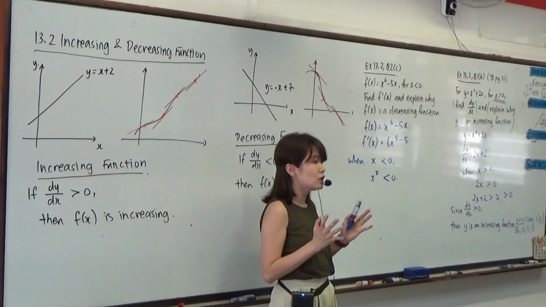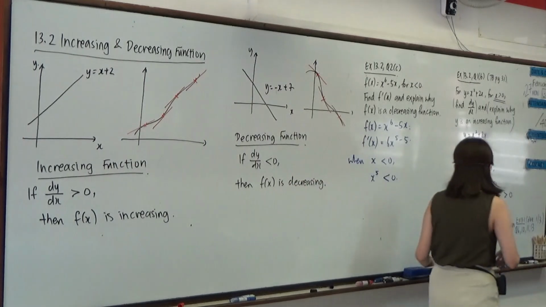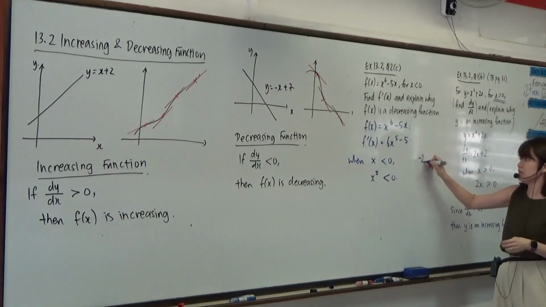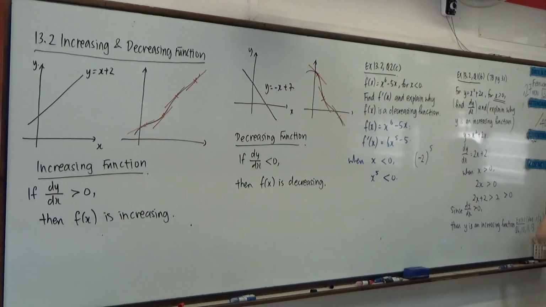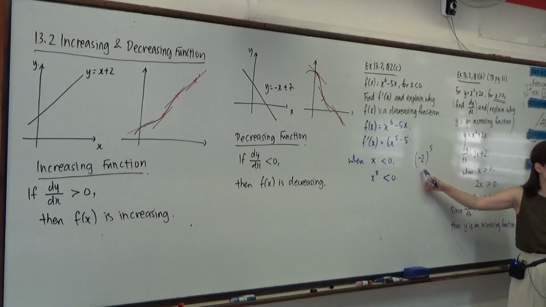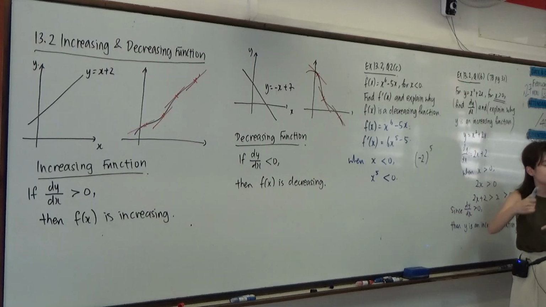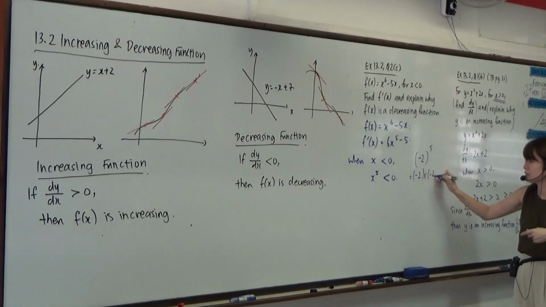You must try to think logically. If x is less than 0, let's say negative 2, negative 2 to the power of 5, we know that when our power is an odd number and our base is negative, negative times negative gives us positive, times another negative gives us negative. By that pattern,